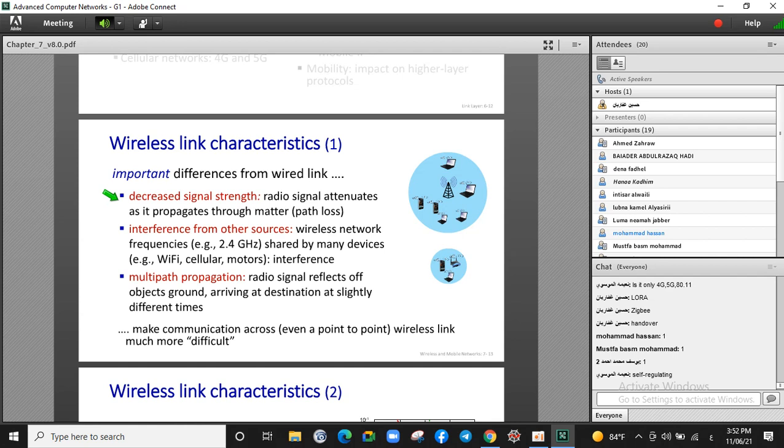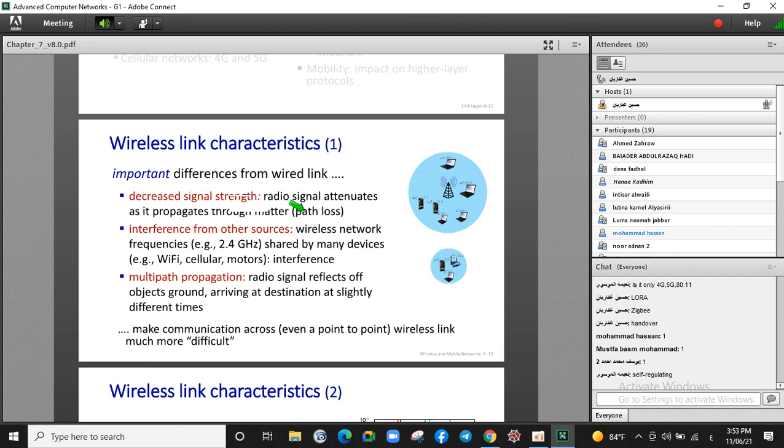In wired links, the signal strength would also decrease, but the speed of this decrease in a wireless network is much higher than in a wired link, and sometimes we call it path loss, because